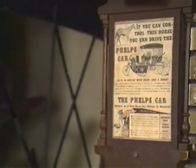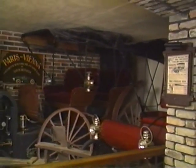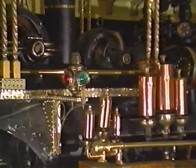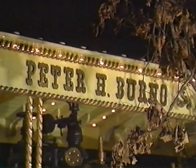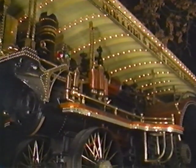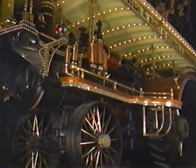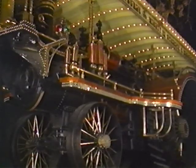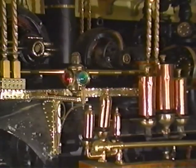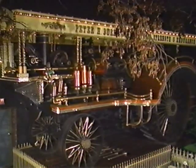And at Phelps Brothers, here's another innovation, a horseless carriage. What will they think of next? Pausing at the end of the street, we encounter the Peter H. Burno, a mighty steam traction tractor, weighing 39 tons. In the early days of this century, it traveled from farm to farm and pulled a 12-bottom, 14-inch plow through